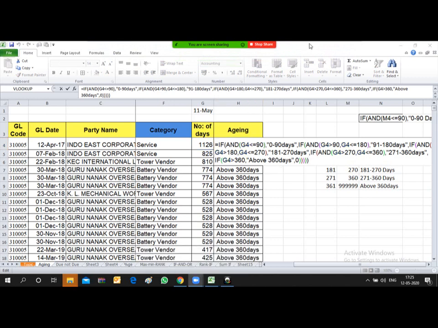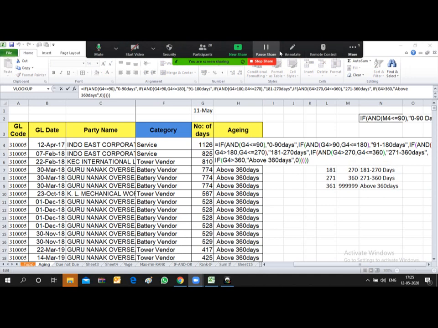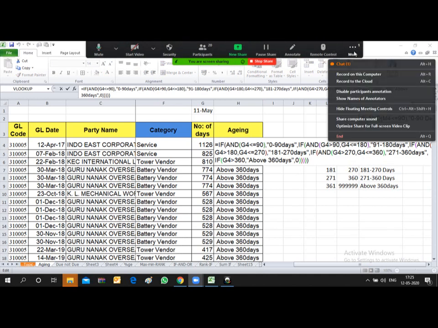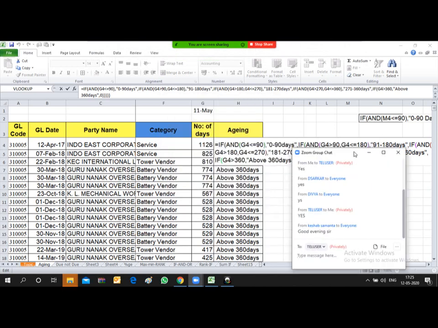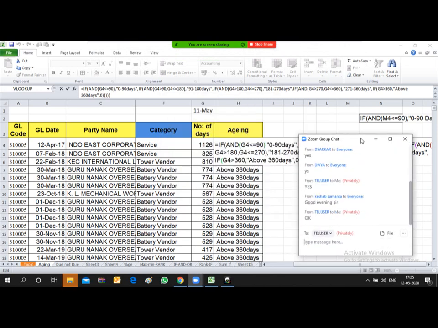Friends, just type in the chat box if I need to repeat this formula. Okay friends, is it clear to everyone, so that we can move ahead?